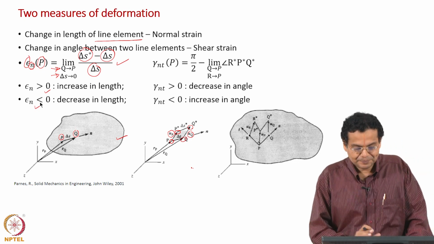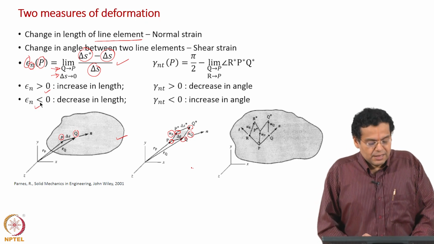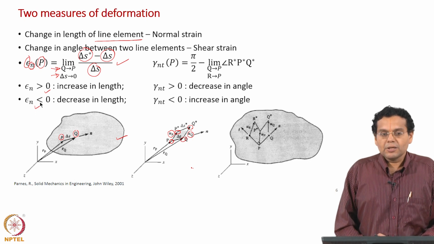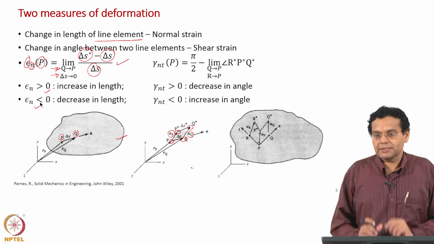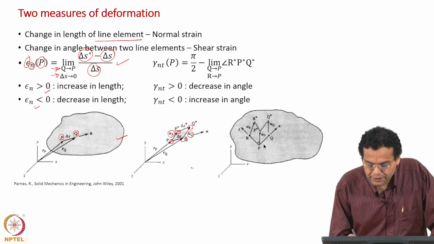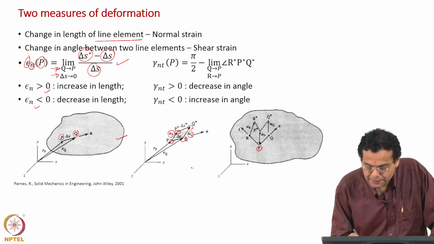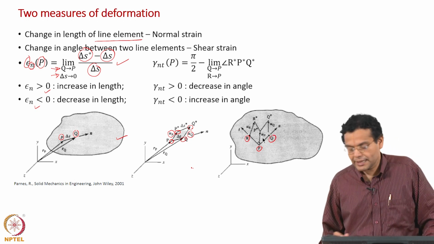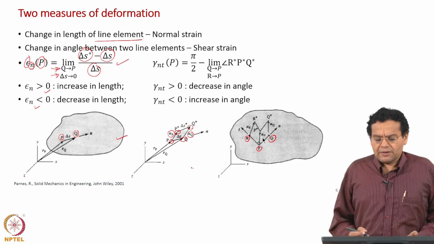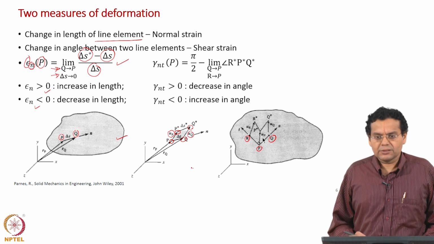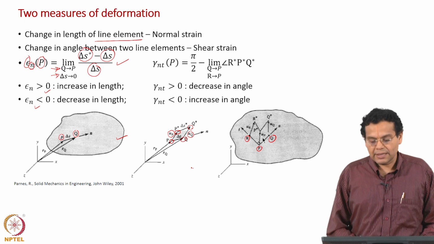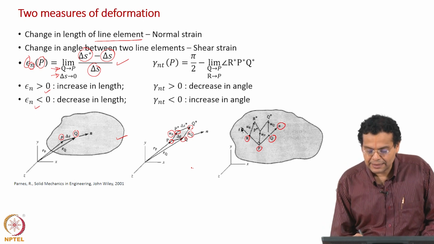Now, let us move on to shear strain. Shear strain we said is used to quantify change in angle. Moment I say change in angle, I need 2 line segments, which means I need 3 points. That is what is shown here. In the undeformed configuration, initial state I have points P, R and then Q. So, I take a plate and mark points P, R, Q such that the angle between them is 90 degrees. Now, P, R can have one direction, P, Q can have one direction. That is why we have 2 directions n and t.